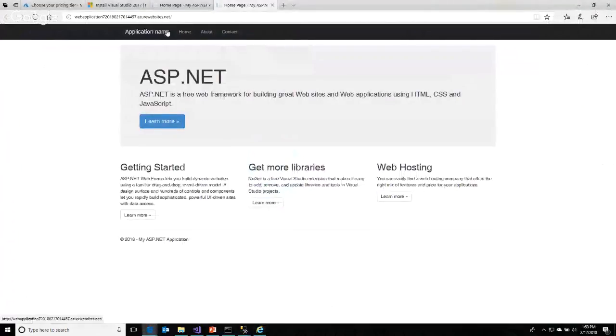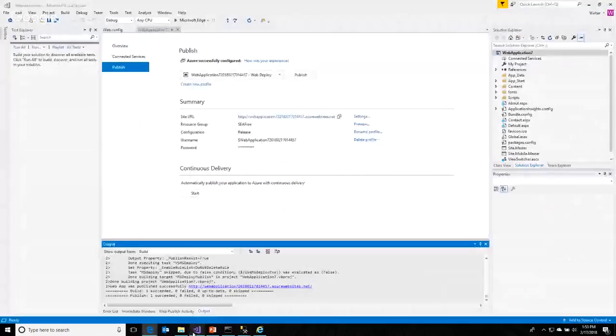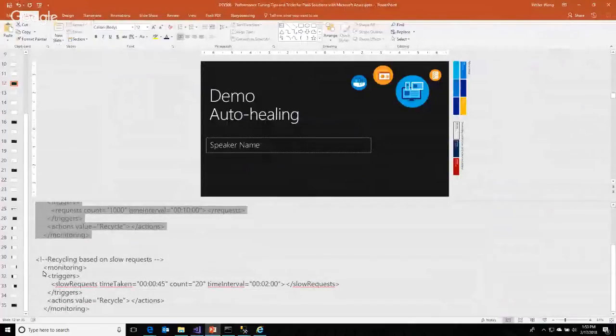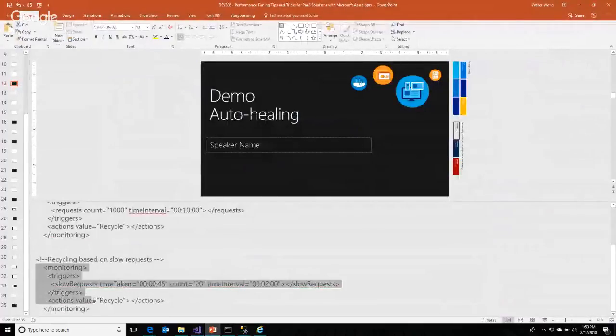Right, as you can see, without changing any code, I'm able to give you the auto healing capabilities. So let's go to another auto healing function, which is based on slow requests.